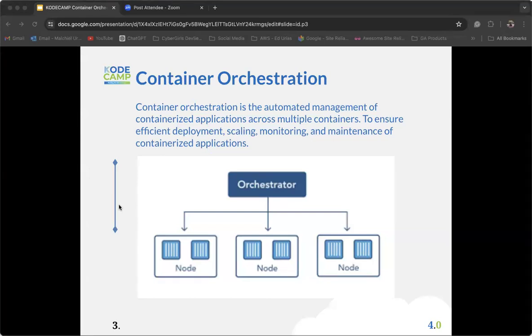We also need a means to monitor the performance of the applications within containers, and to do that in an automated fashion, we need container orchestration tools as well. Also, with issues of maintenance of the containerized applications, container orchestration tools also help us to do this. So container orchestration helps us to effectively deploy, scale, monitor, and maintain containerized applications across multiple containers and multiple container